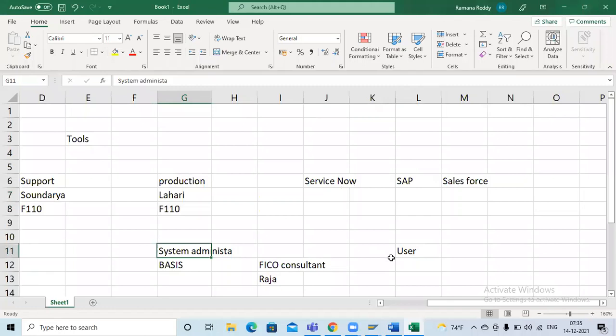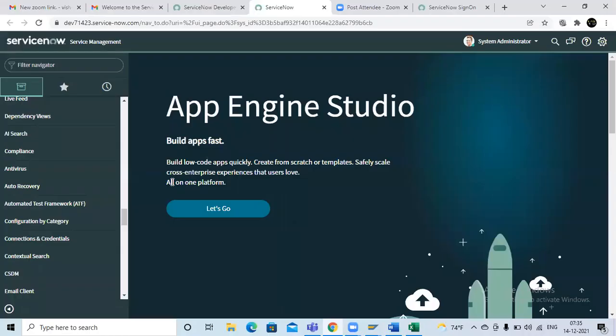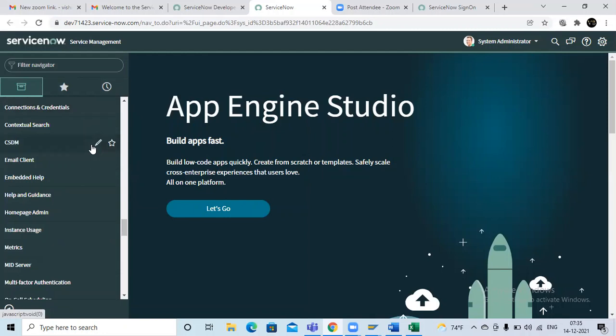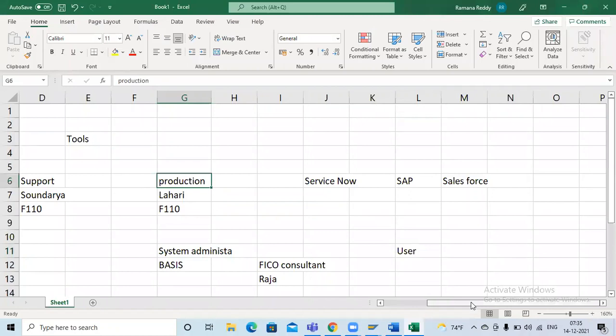But as an FI consultant, you should be aware of all this process here. Guys, don't think that this is not our process and we need not learn that. FI consultant means we should be aware of the whole process. So it is the first step, the process of downloading the ServiceNow option. After downloading, on the left side you can see multiple applications. Different persons will work for different applications. He is a system administrator, so now directly we will go with our topic.